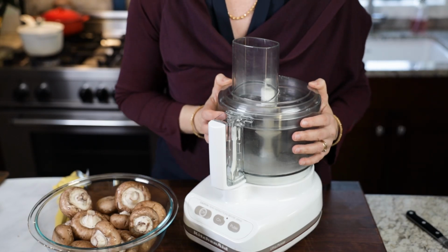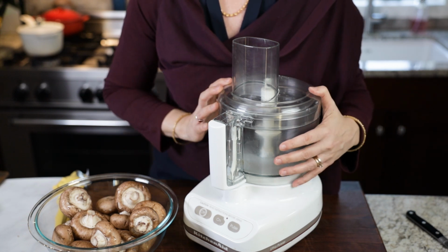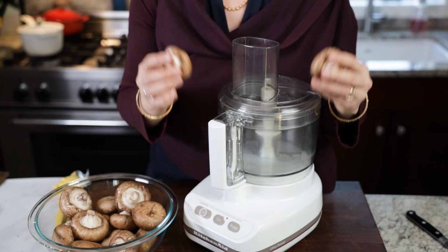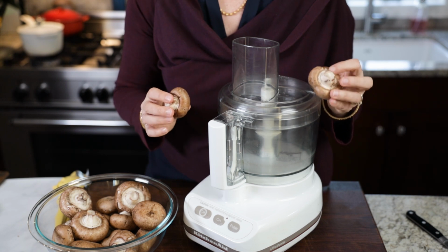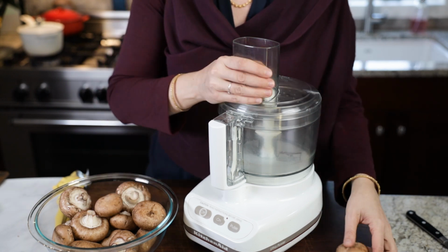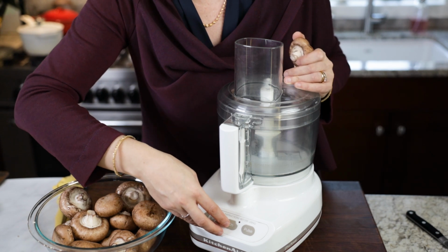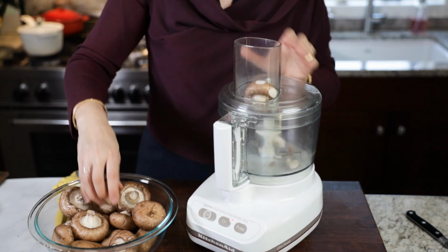Okay, here comes my favorite part. Pulsing the mushrooms in the food processor. This is not the only way to slice up these mushrooms. You can use a knife, chop, chop, chop, chop, chop. Mushrooms are actually really fun to chop, but I love doing it in the food processor. I have an attachment that's a slicer in here, and I'll show you what it looks like. So I'm turning it on, and then